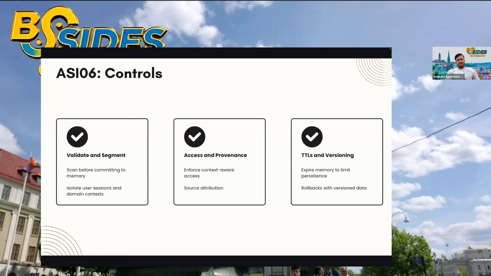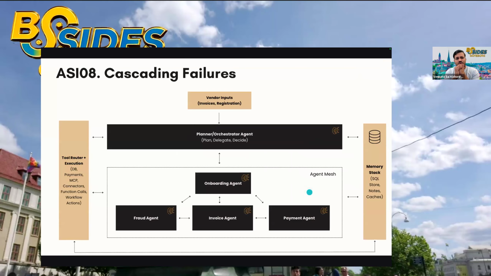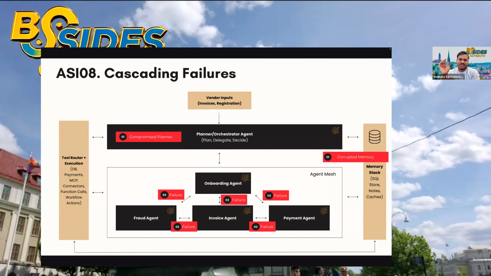Yeah. So that brings us to the last one, which is one of my favorite. It's just how agents are, because they trust each other, and they think they're doing the right thing, but you never know what might have influenced earlier. So the classic cascading: the compromised input, corrupted memory, the things that we have seen in the previous slides. Any of this could result in failure in one system that just propagates across the other system,